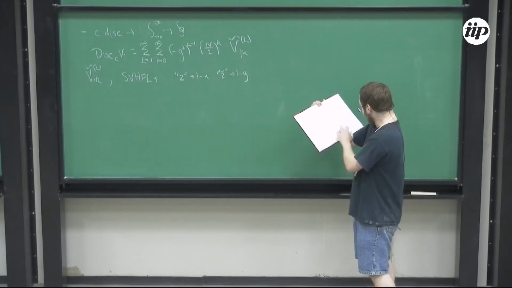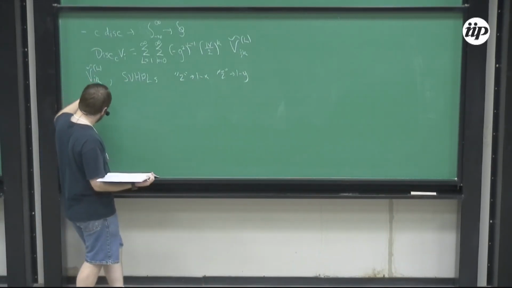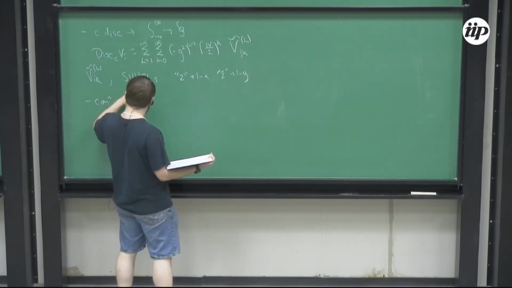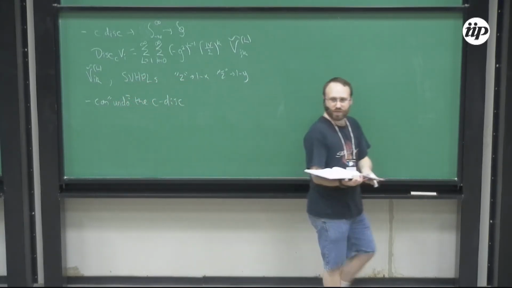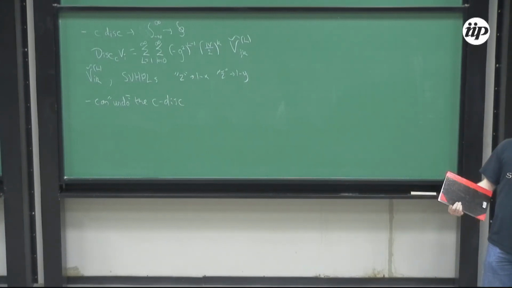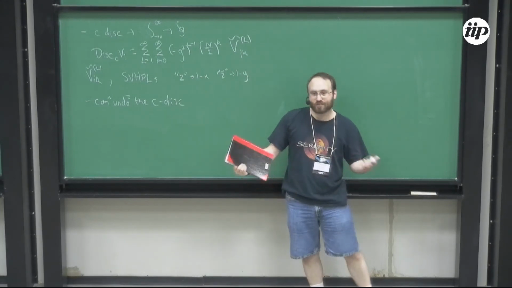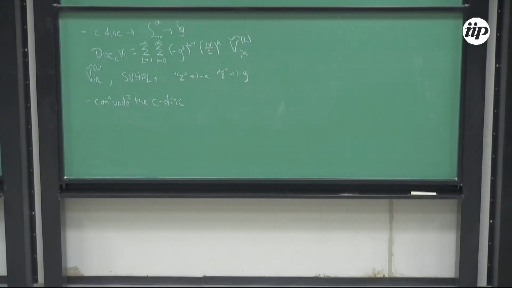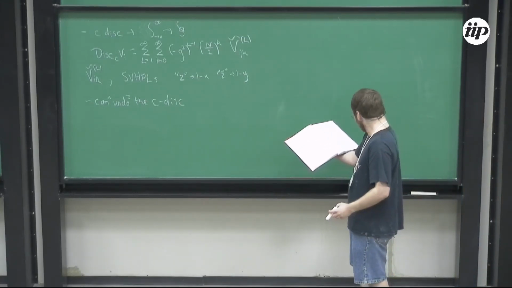Let's see. So I left that part out. But then once you have these, you can then undo the C discontinuity. So the idea here is that these things are contributing to the C discontinuity of some functions. But you can take a step back and ask, okay, what kinds of functions can they be? And it turns out there's pretty much unique things that they have to be. So in particular,